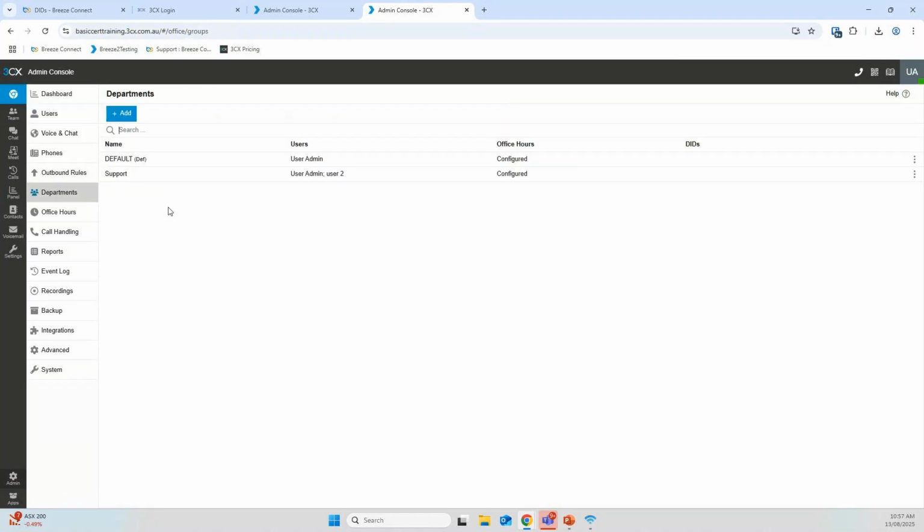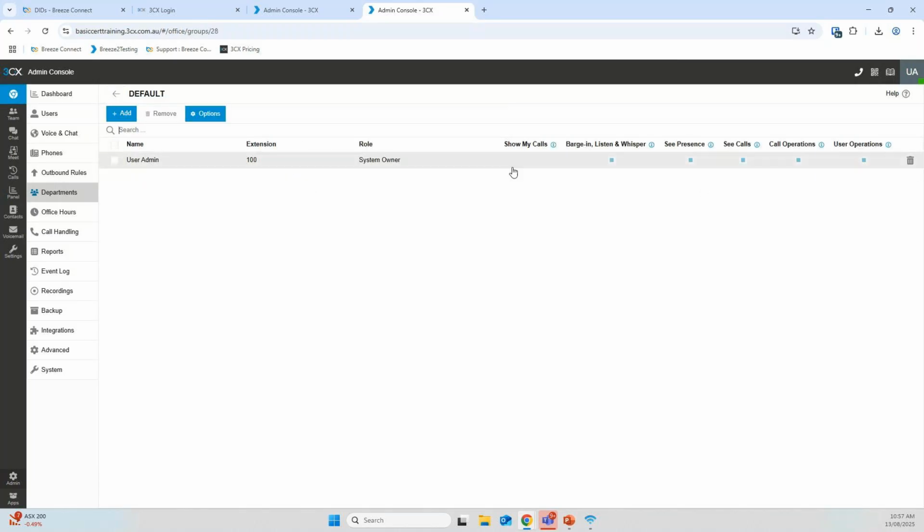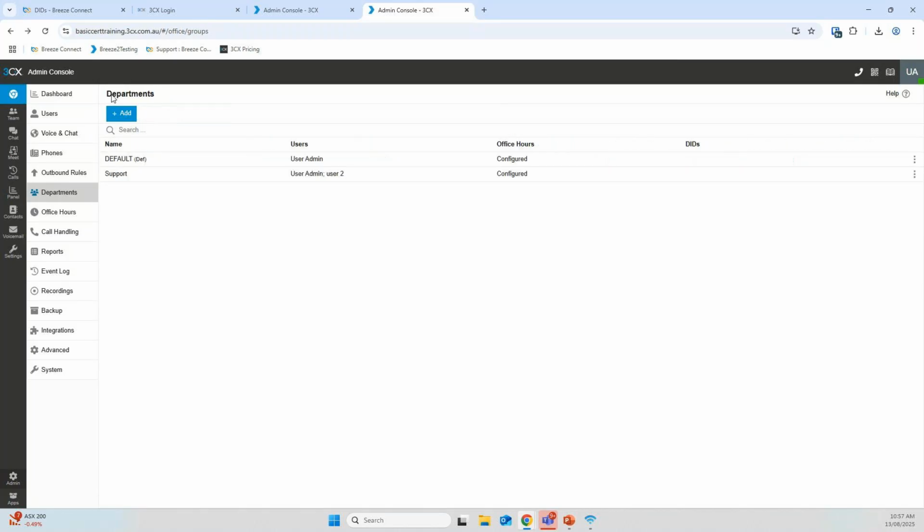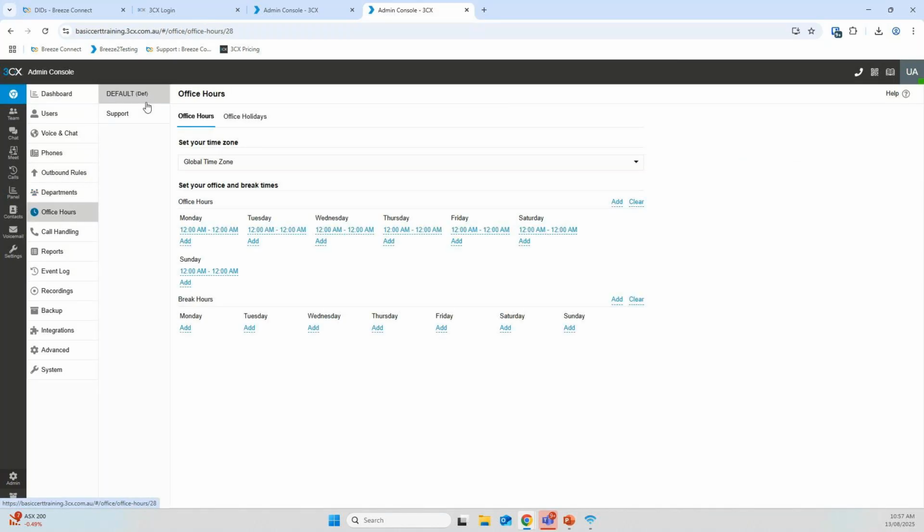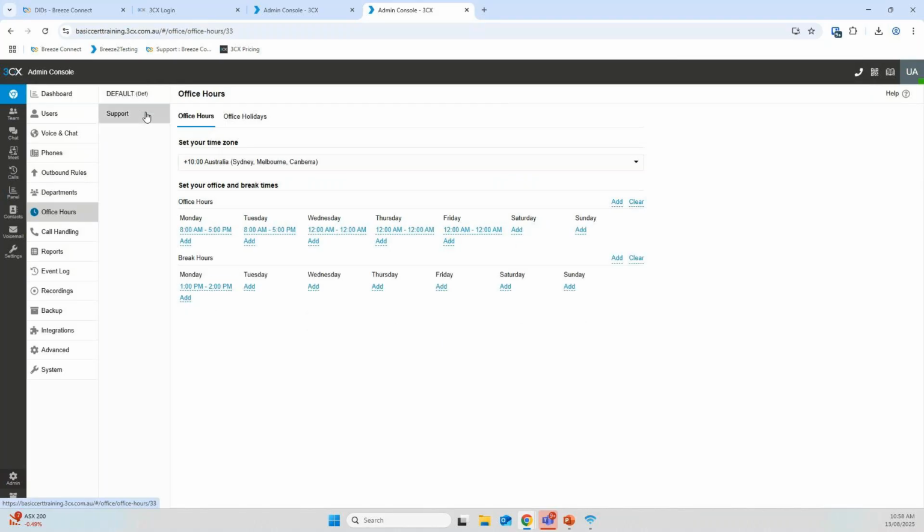And also a user can be part of multiple departments. You can see default group user admin is also a part, and also the support team is also a part. So even with the user admin, I can see and add and remove users and stuff. And office hours can be set up by default globally, or you can set up per department. And you need to make sure the office hours, if you've set them,